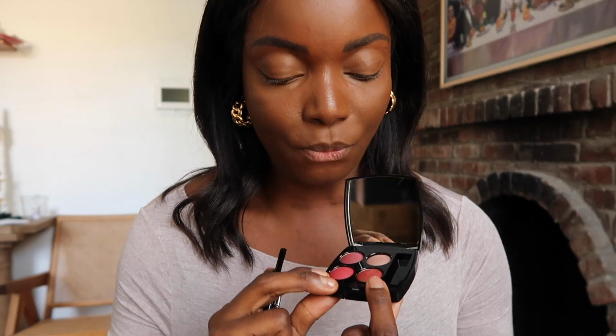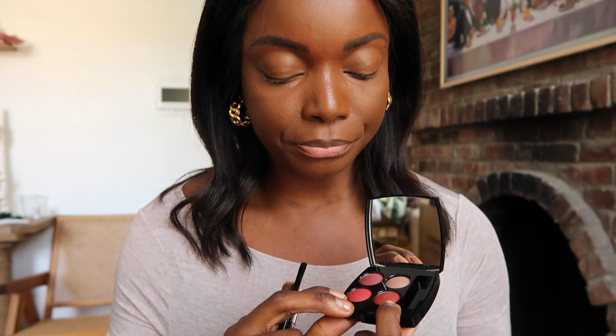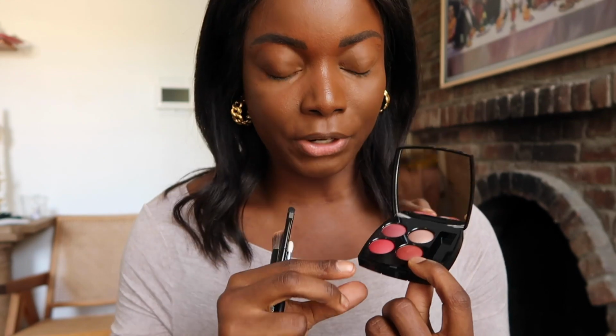Instead of just having shimmers all over the place, you can really concentrate the color in one area. And the color that I'm really feeling is this one right here, which is a reddish brown color. I'm feeling that for the all over lid, and then we'll see what we can do to play around with these